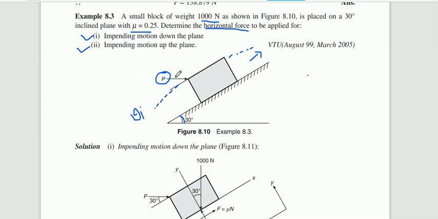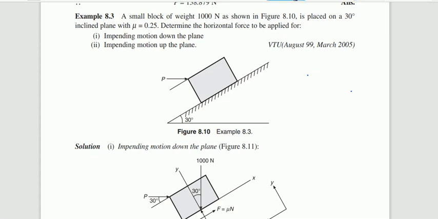For both conditions, what is the value of P? You just try to imagine here. If P is greater than the friction, then there is a possibility of the block moving upward. If P is less than the friction, then there is a possibility of the block moving downward. So for both conditions you need to find the value of P. Now, considering one condition at a time, that is A and B, or 1 and 2, you need to solve and draw the free body diagram.